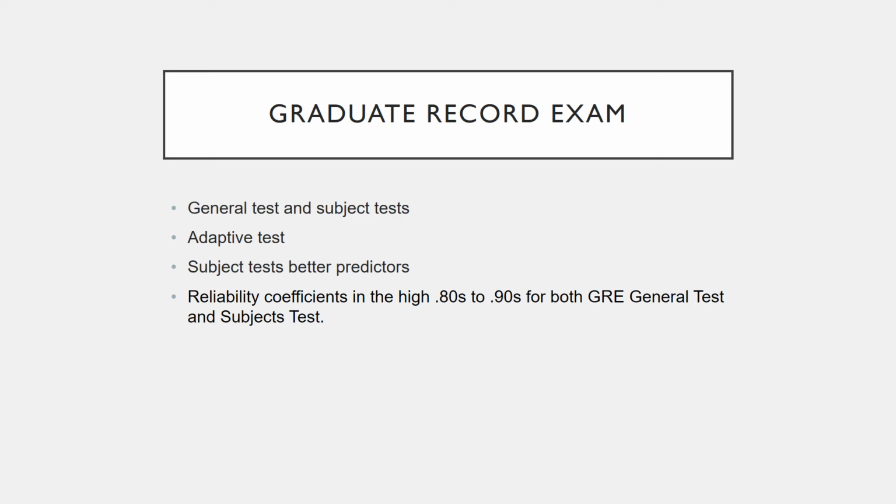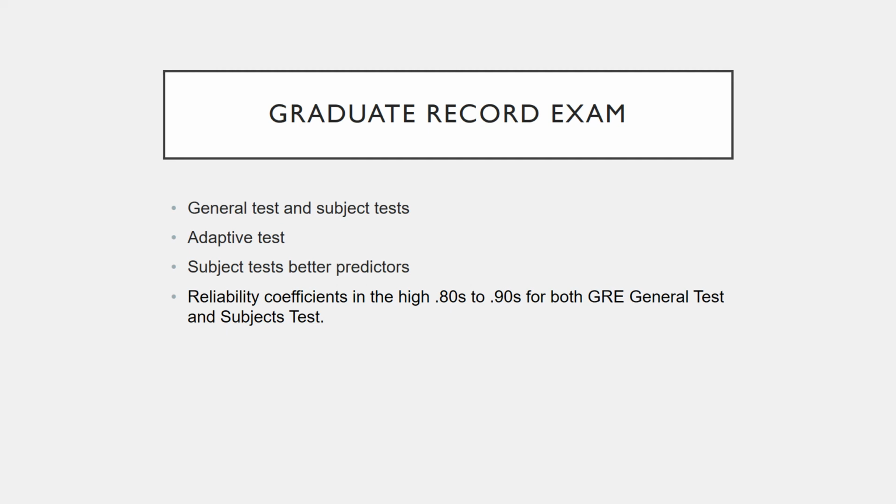So as you can imagine, the subject-specific tests statistically are better predictors of your GPA in your first year of your graduate program than the general test is, because this makes sense. If you're going to go into counseling, for example, measuring your math and verbal and writing skills may or may not strongly correlate with your ability to do basic counseling skills. If you're going into a PhD program, however, writing is a pretty important piece of things. So more writing specific pieces may be better predictors of how well you'll do in school as opposed to some